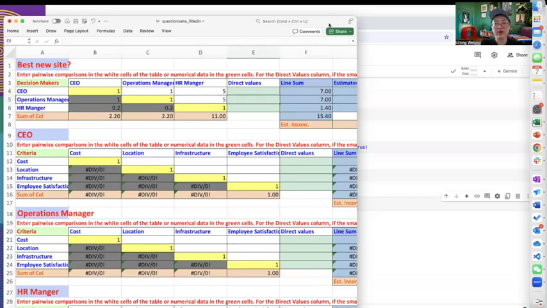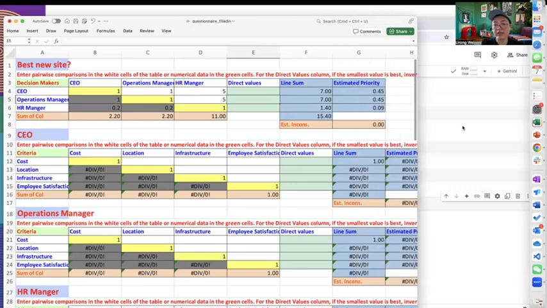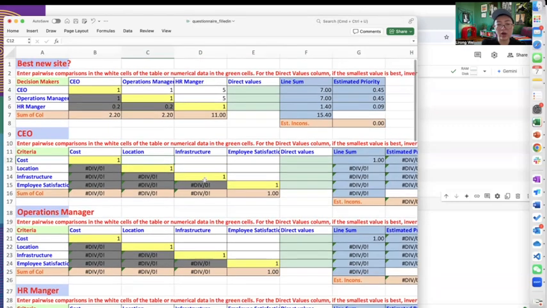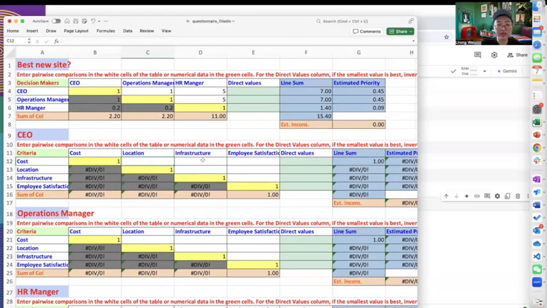So you will see we have the estimated priority here, and this estimated inconsistency is 100% consistent, so it's 0 here. And there's one thing that I need to note: inside Excel, when we put in fractions,